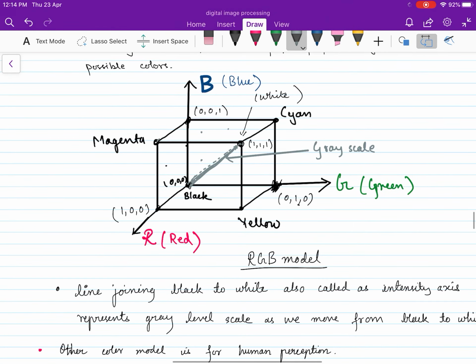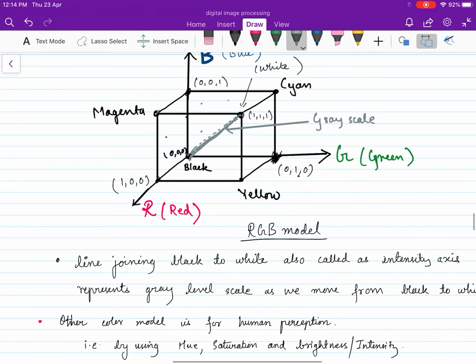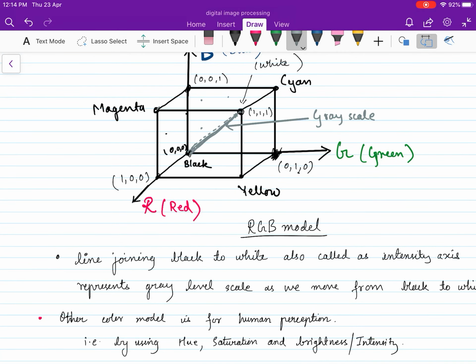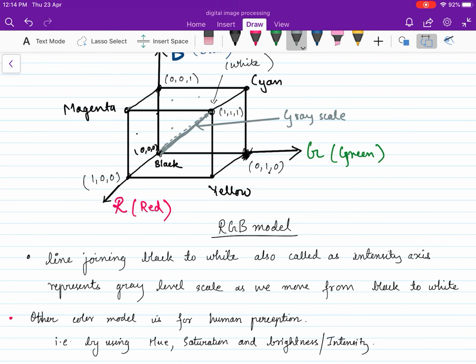So this is RGB. The line joining black to white, also called the intensity axis, represents the gray level scale as we move from black to white. This is used in hardware, and this model is represented in a coordinate system.